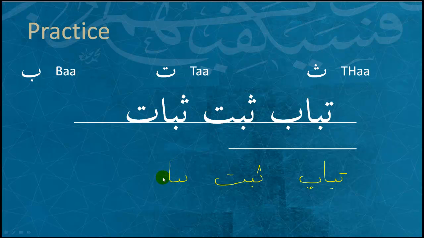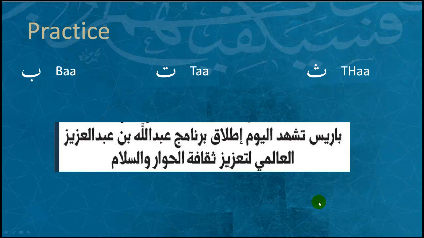And then alif can't connect to the next letter, so we have to draw it in its entirety. This is a tha, just has the bowl, and there we go. The bat, like so. Now this is a heading from an article from the Al Jazeera newspaper, and what we're